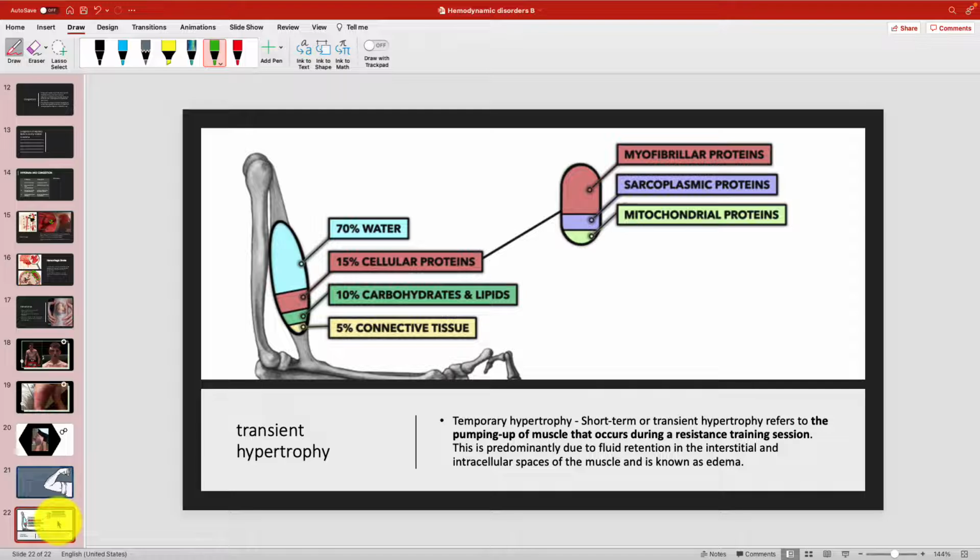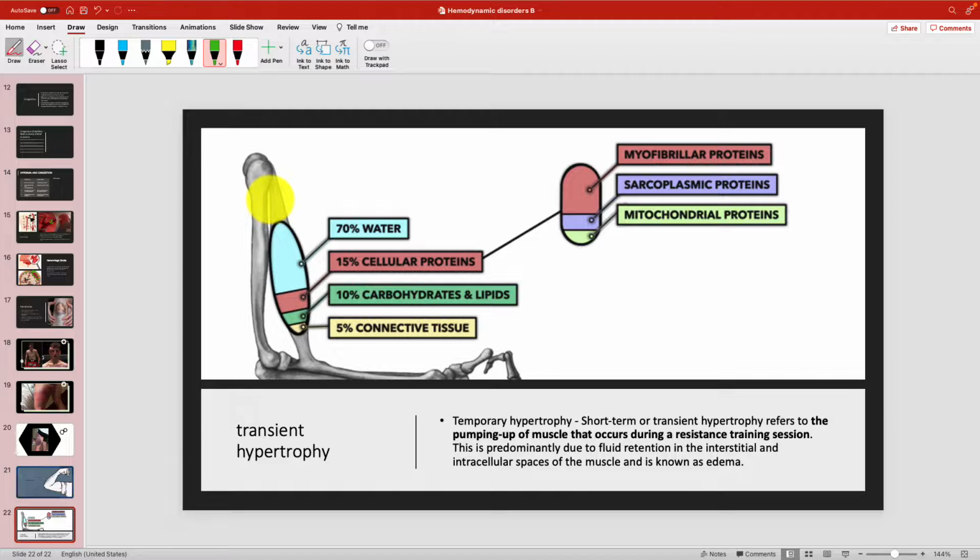So this is kind of in that realm as well, because the fluids are coming from somewhere else, and we're shifting them from both the interstitial space and perhaps the capillary beds into the muscle, and the muscle is retaining that water. So just kind of keep in mind that this is very common, because your muscles are primarily 70% water. So when you're working out and you have this muscle contraction and heart rate increasing, and we know if heart rate increases, we're going to have vasodilation of the arterioles, and we're going to have more blood pushed to the muscles, and we're going to have more